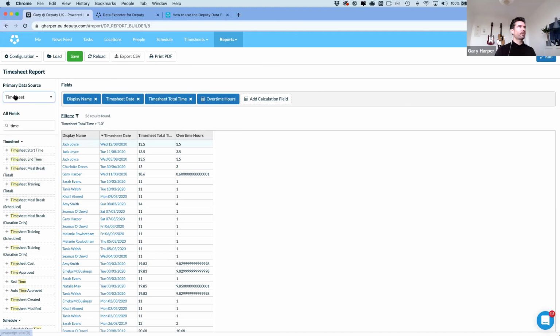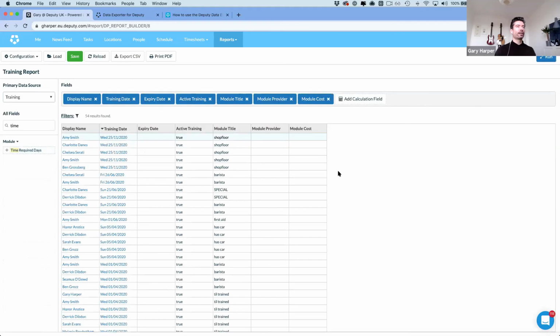So this time I'm going to go to primary data source and choose training. Because quite often it's good to know if you've put a training tag on someone that has a start and an end date, there is indeed an integration that you can enable in Deputy that will notify you if a training expiry date